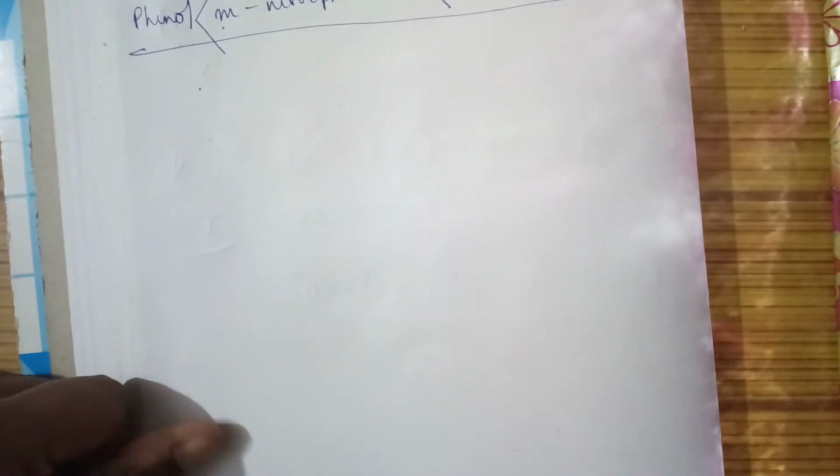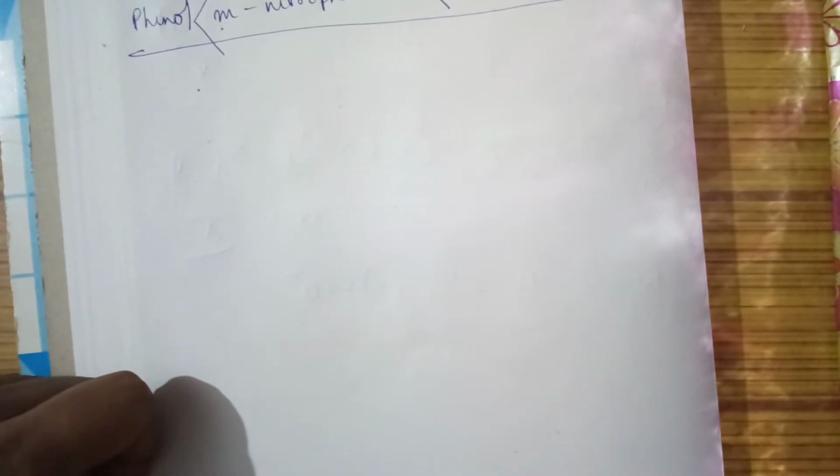In the previous class we discussed the acidity of nitrophenol. Any group having the minus R and minus I effect, if present in the phenol, then what will happen? The acidity will increase. And how ortho, meta, para vary in their acidity, and how we can arrange them according to their acidic strength, I told you in the previous class. Today we are going to discuss the cresol compound.